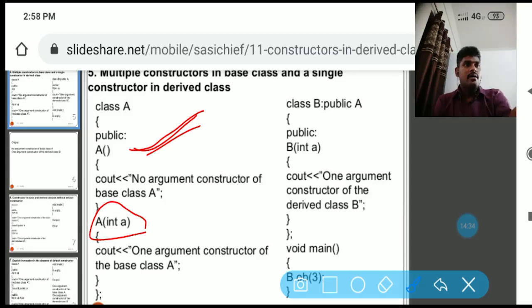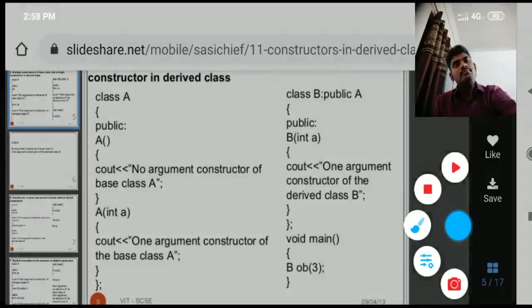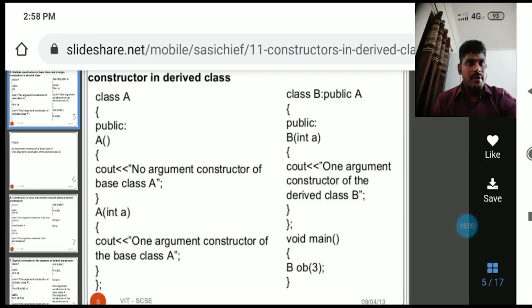So we declared a constructor without arguments and, at the same time, a constructor with arguments in the base class. Now, class B has a constructor with arguments. These three constructors you can access by creating an object of the derived class.